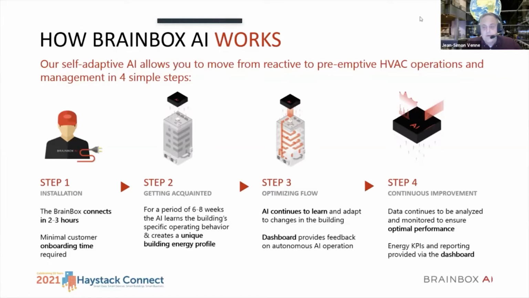And that is a process of installing that edge device to the existing control system, which then brings us to step number 2, which is collecting the data from that existing control system for a period of 6 to 8 weeks. So the deep learning AI engine can start to learn the building and become very acquainted with the building behavior. And from that, we move into step 3. Having that deep learning engine now completely customized to that building, we are able to predict what will be happening in that building and start to optimize and eliminate events that are undesirable.